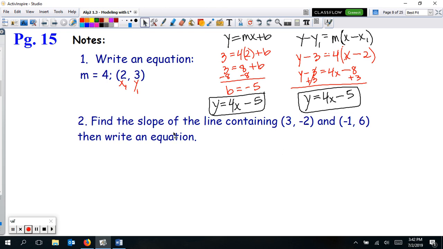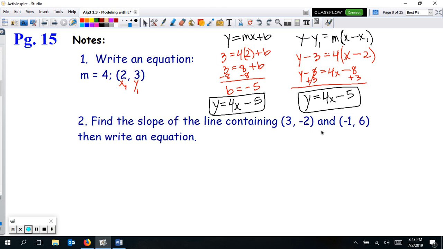There's number 2 down. It says find the slope of the line containing these 2 points, then write an equation. And we'll put the equation again in slope-intercept form because that's usually the most common form they want it in. So to find the slope of the line between these 2 points,